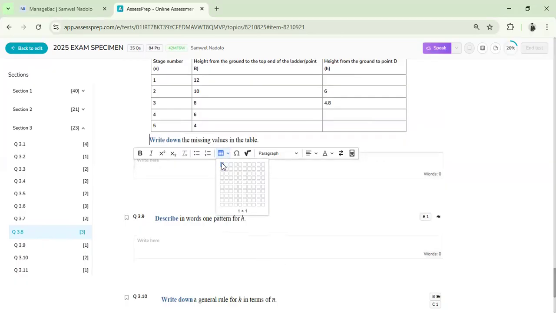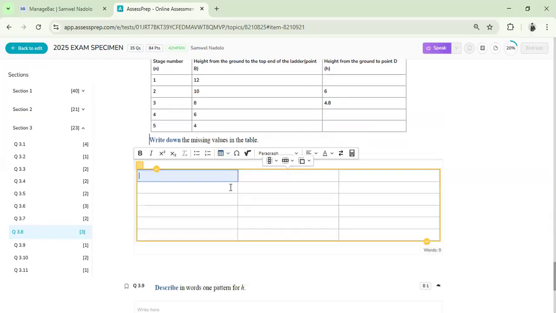What by what? 1, 2, 3, 4, 5, 6. 1, 2, 3, 4. 1, 2, 3, 4, 5, 6. 6 is here. You're not required to put a table, but you can put a table when you want, so that you